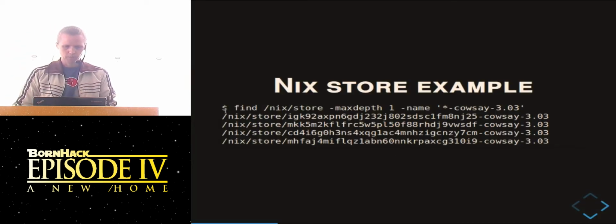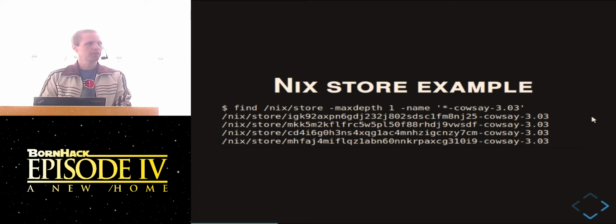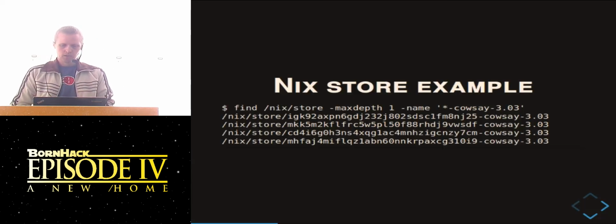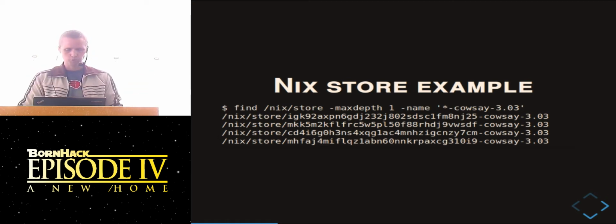And that's basically what I wanted to show here, that at this particular time I had 4 different variants of the same cowsay package. And the difference basically is what kind of dependencies. So there have been some slight differences in the build recipe for these 4 different versions of cowsay. For example, that in one you had a Perl of one specific version, and in the other one you had Perl in a separate version.